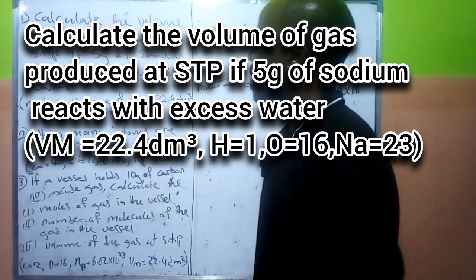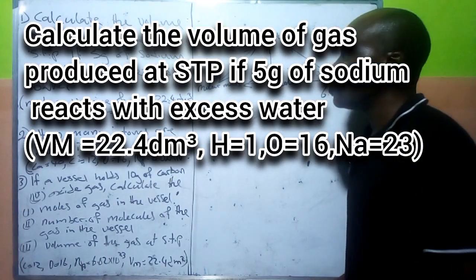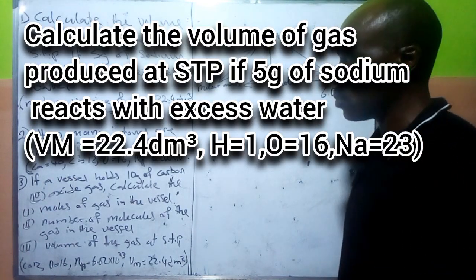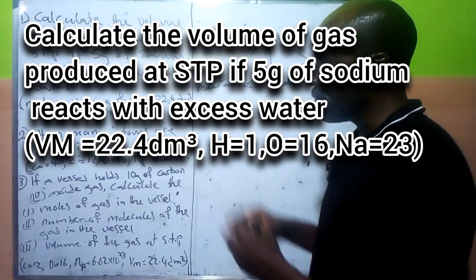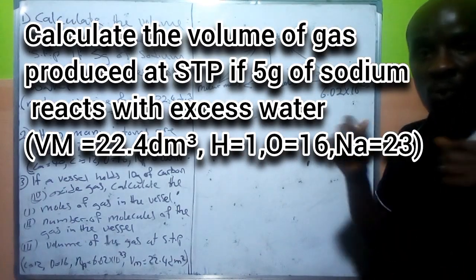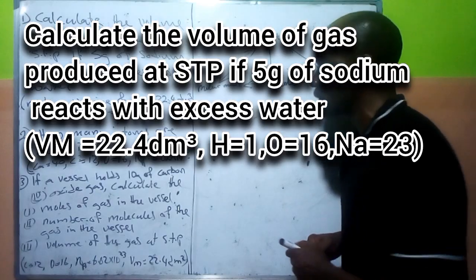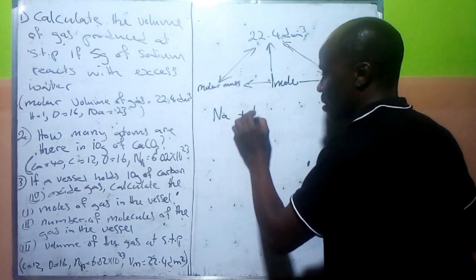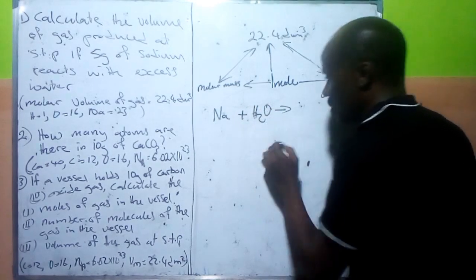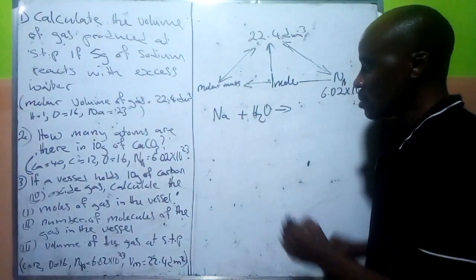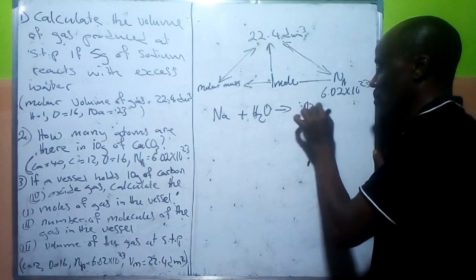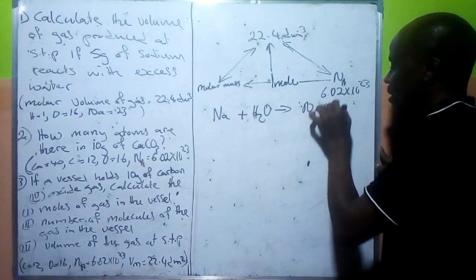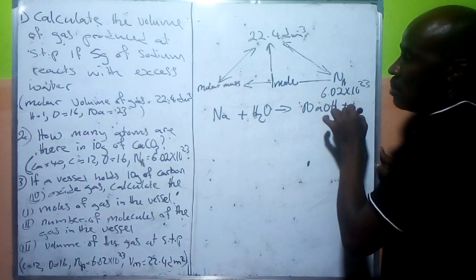The first question said, calculate the volume of a gas produced at STP if 5 grams of sodium reacts with excess water. For us to solve it perfectly, the first thing we're going to do is write a balanced chemical equation, because it has to do with stoichiometry. So we have water, and if water combines with sodium, we will get sodium hydroxide plus